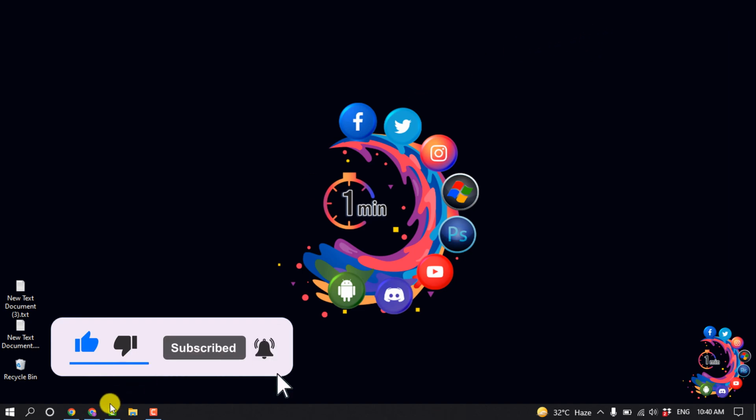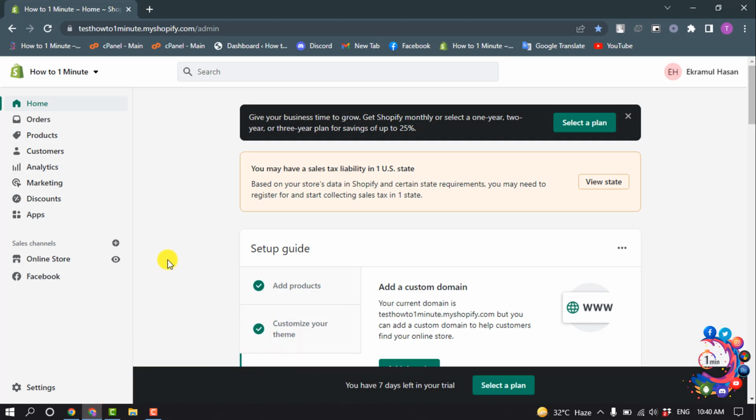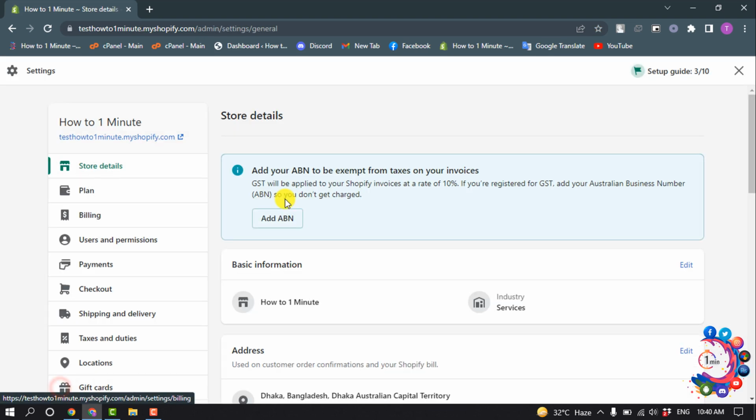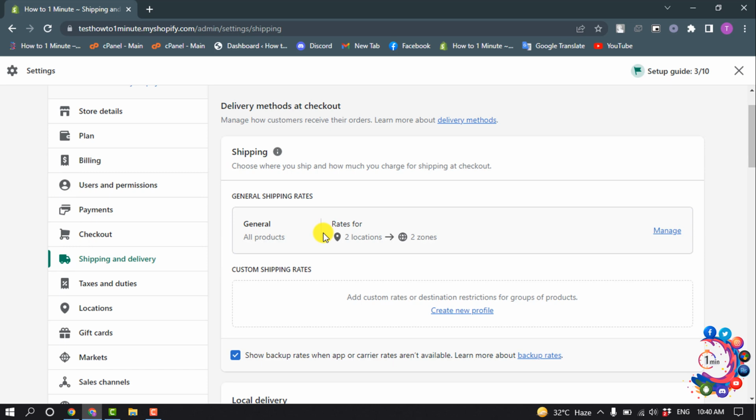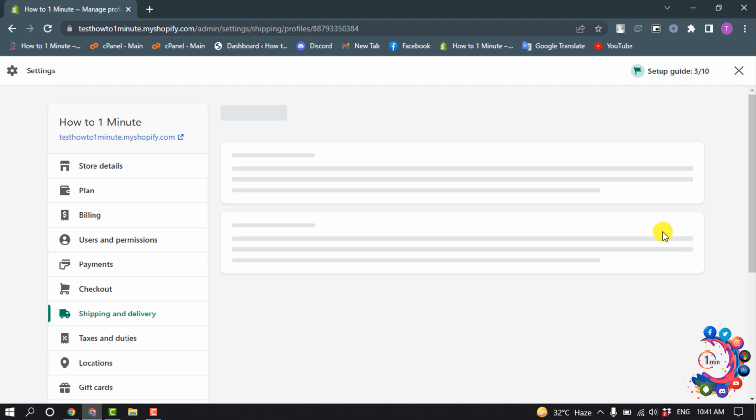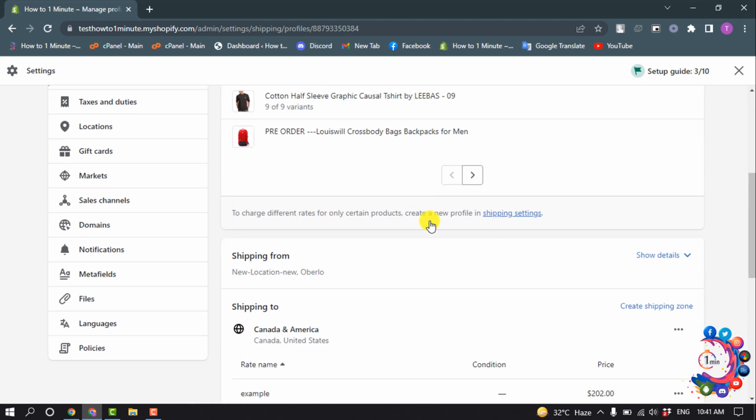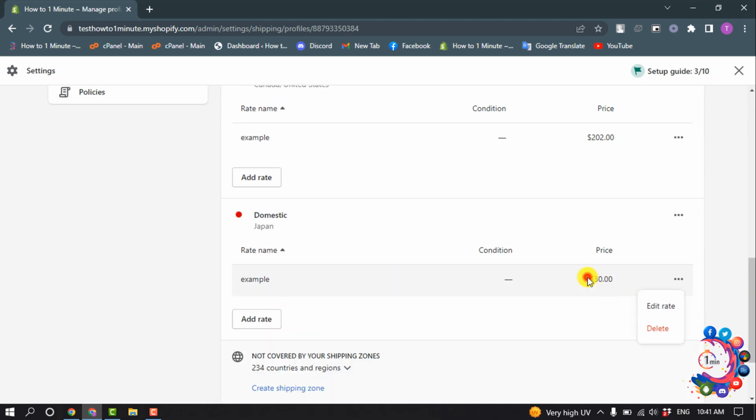How to 1 minute. So open your admin panel and go to settings and select shipping and delivery, and I want to edit this shipping option, so I'm going to click on manage. So I want to make free shipping to this address, so I'm clicking on add rate